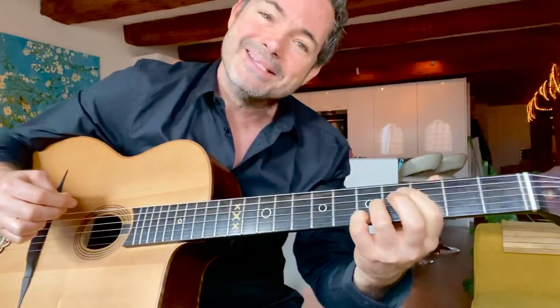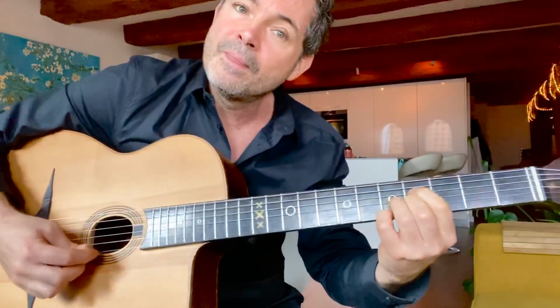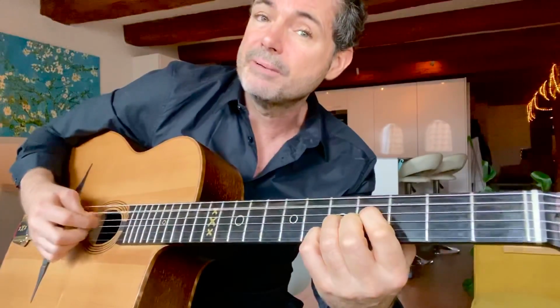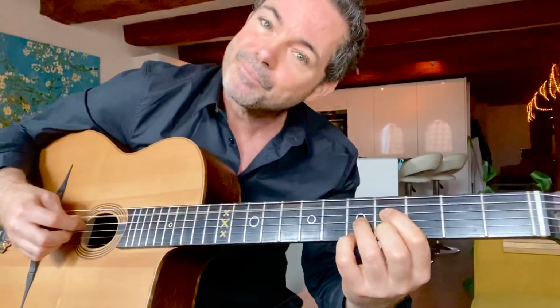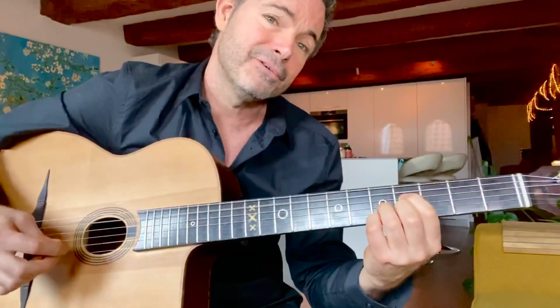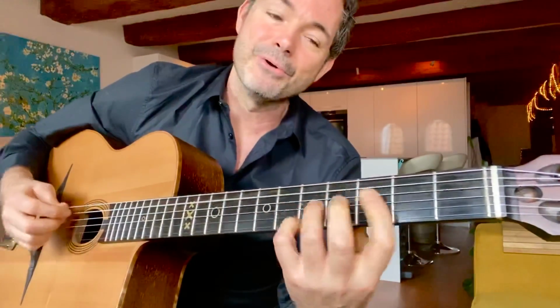Number 3 is quite easy. We're going to play a diminished shape on the 4th fret. Again with the A on top there, 5th fret, top E. And of course with the A in the bass as well. So that's a diminished on the 4th fret. So far we've got,